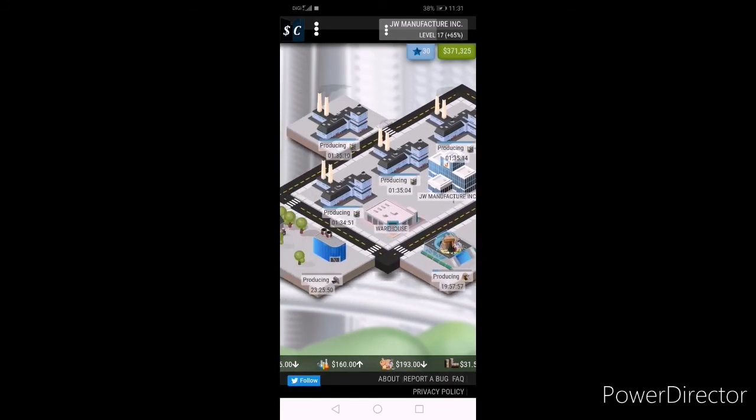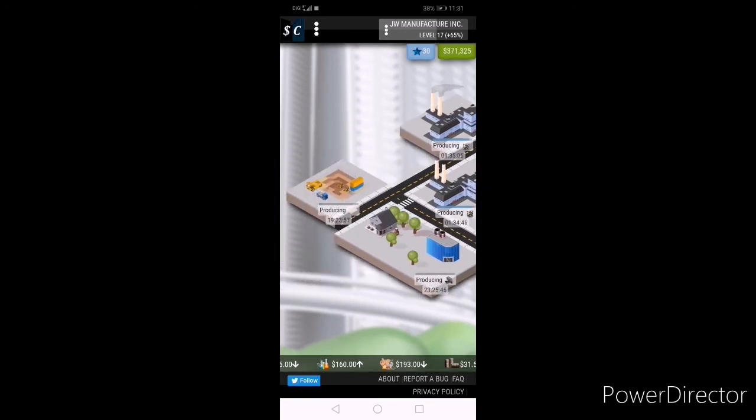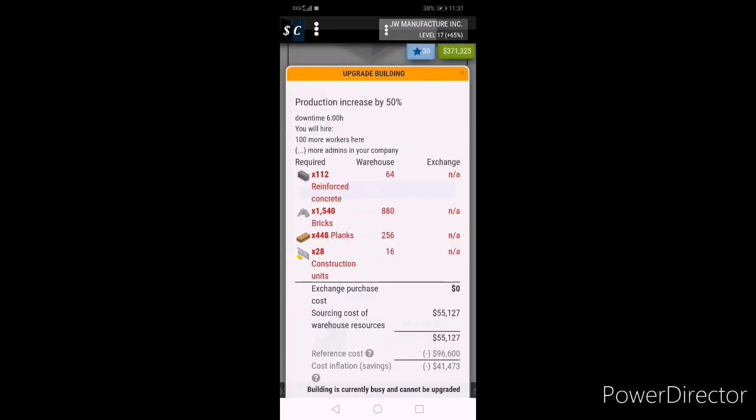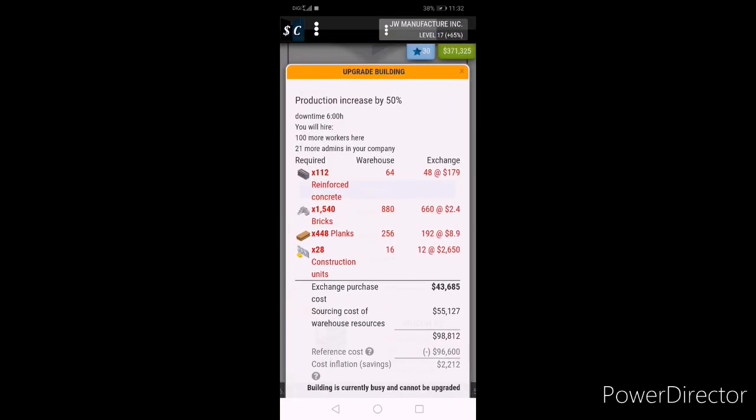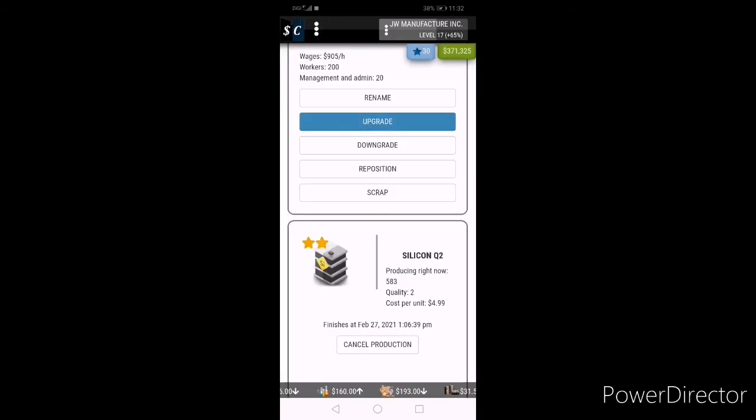And research, yep, and those buildings, how to upgrade. Like if you wanna upgrade this, just press it and you will see all these building materials needed and the cost if you purchase, right?